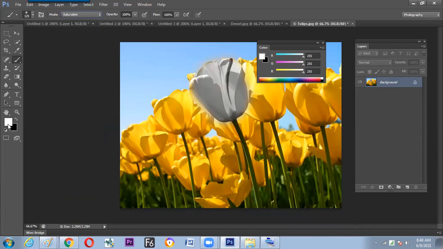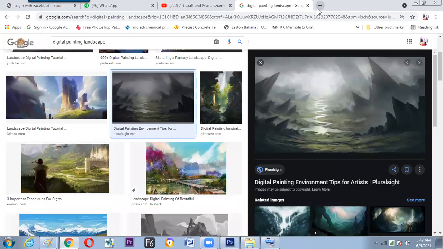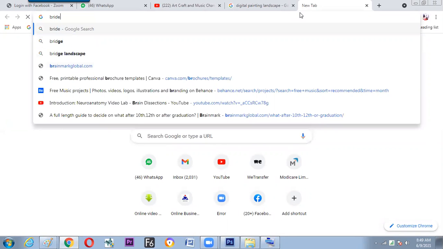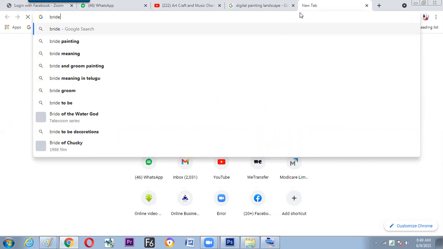Is it okay? Often we find these kinds of things in beauty parlors or general stores. An Aishwarya Rai photograph, where only the bangles or jewelry are in color and the photograph is in black and white. So we can do this now. So let us take a photograph. Bridal makeup.